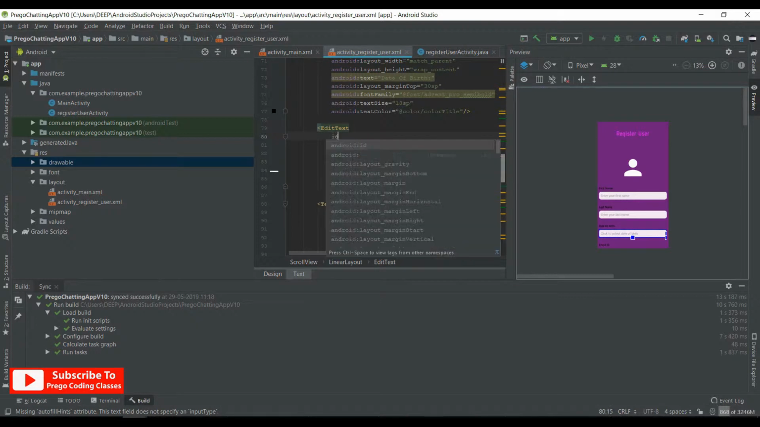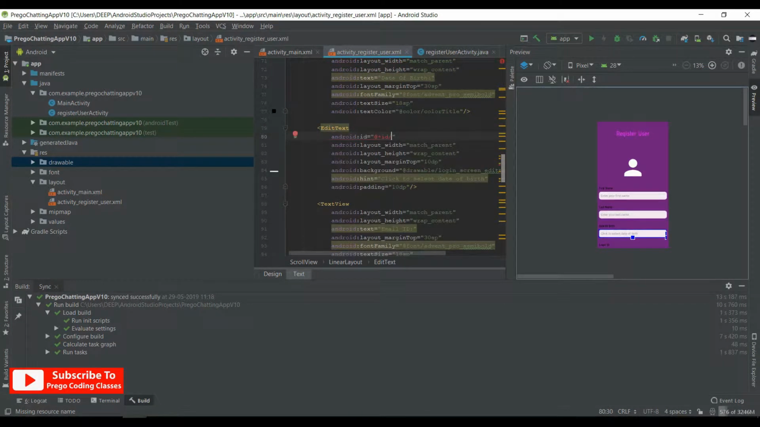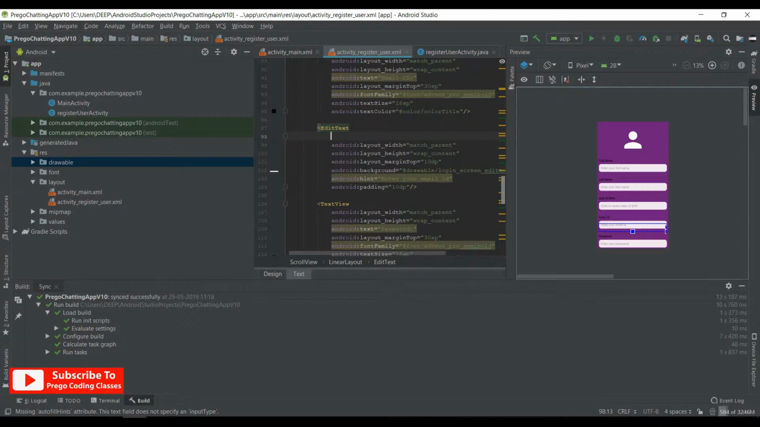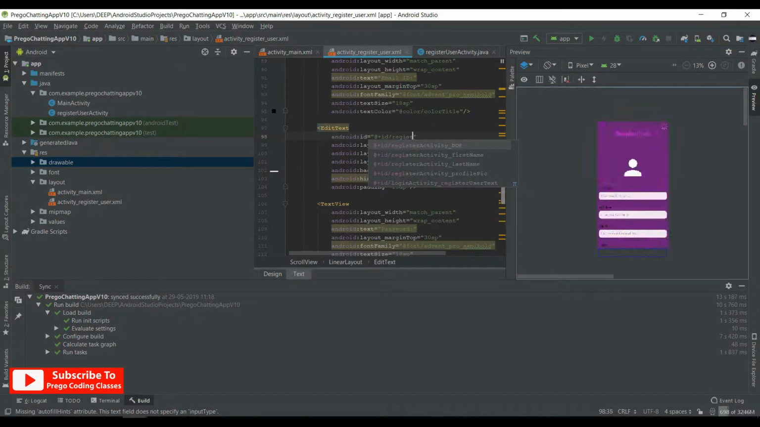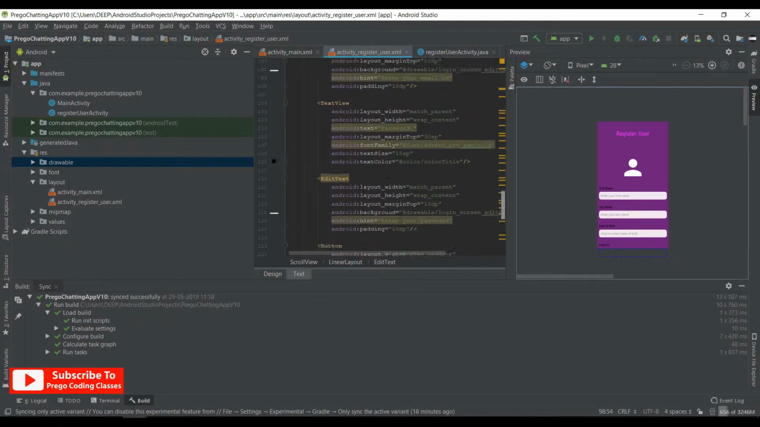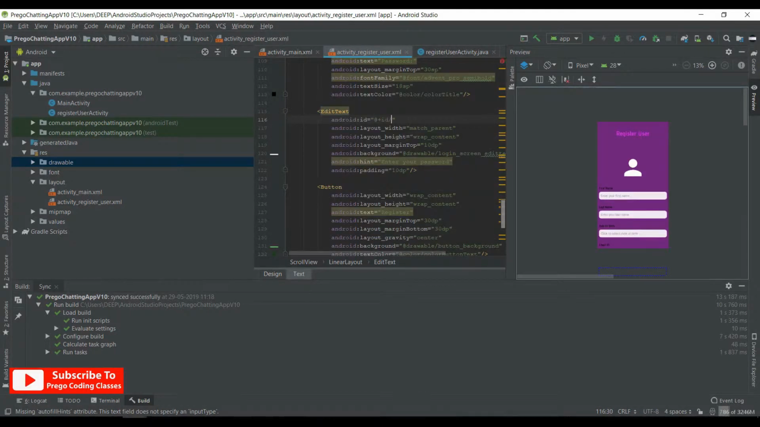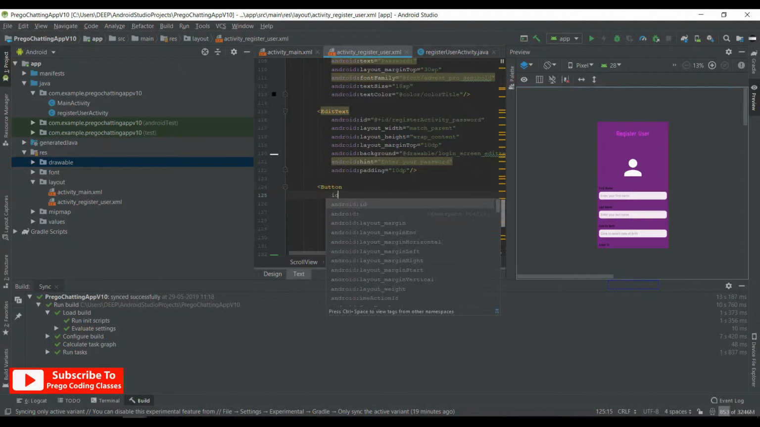register activity DOB, and the email address and password. Email address, register activity email ID, and then the password, register activity password, and the button would be